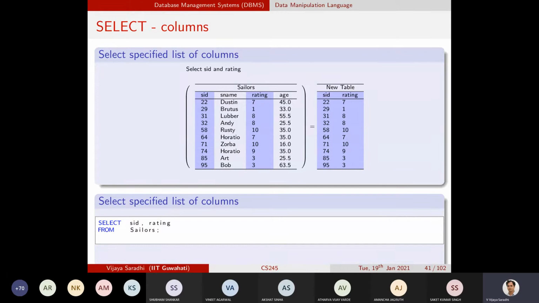See, the constraints come into the picture when you are inserting. Let us say SID is the primary key, rating should not be null, and A should be more than 10. Let us say these are the constraints.